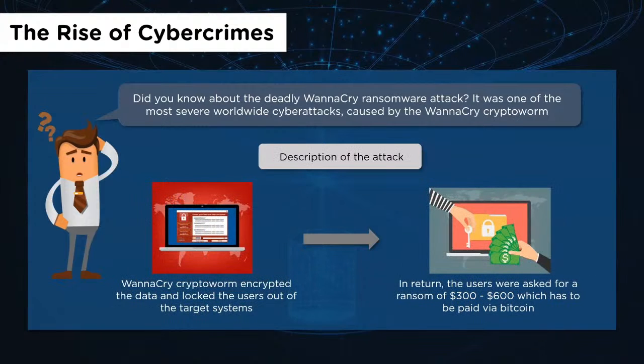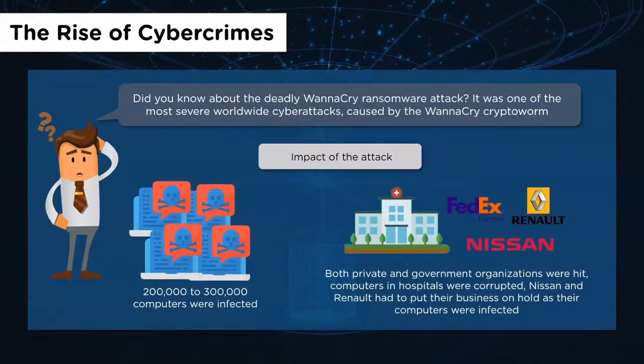Now, what happened was a crypto worm called WannaCry, which basically encrypts the data and locks the user out of their own computers, and they get the screen in front of them which says, "Your data has been encrypted," and it gives them a link, and they're demanded to pay $300 to $600 to the hackers to retrieve the decryption key for their data. Now here, obviously, you're not going to pay cash to hackers, neither are you going to make a bank transfer, because both of the ways you can identify the hackers and then track them down. So the hackers demanded this exchange via Bitcoin cryptocurrency. This is the best way to remain anonymous and the best way to make payments over the internet without being identified.